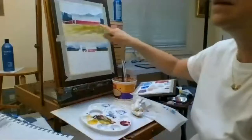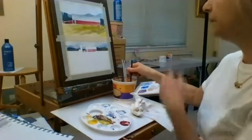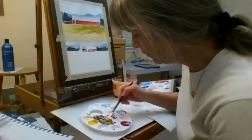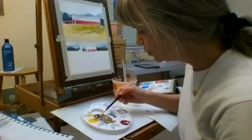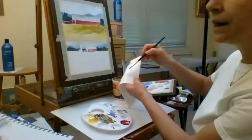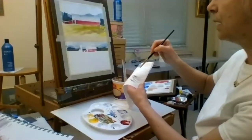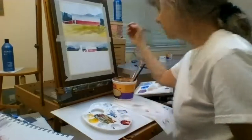I see that in my greens, in the nice grass in the front, I don't have the very dark green that I want to have. So now that it's dry, I'm going to add this, but I'm going to try and add it with a dry brush. So I've created my color and I dry my brush a little bit on dry paper towel, and I'm going to use this. Oh, it's still too wet